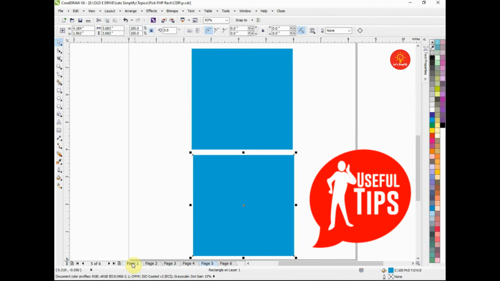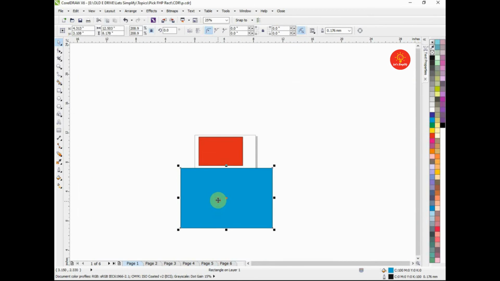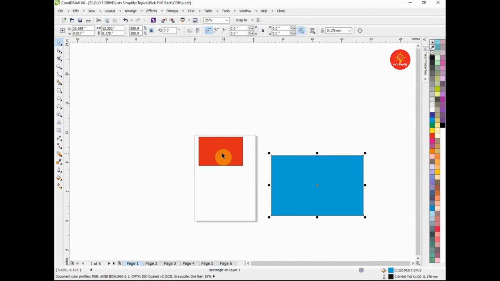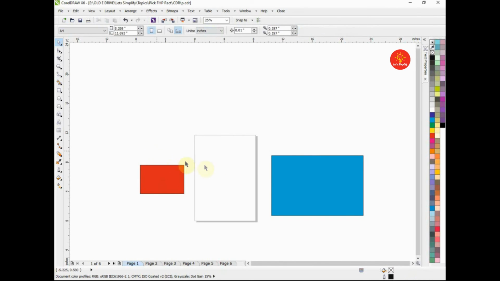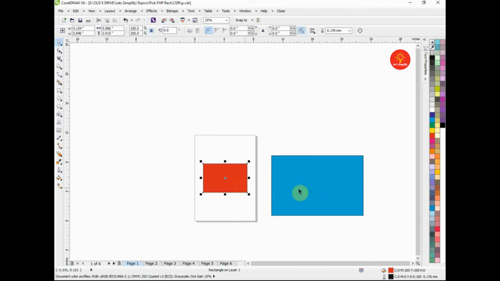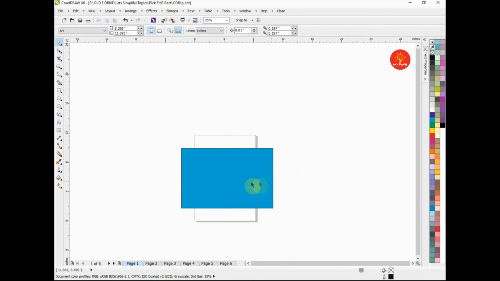The next step is so far the best step till now. If we have two objects, the first one in blue and the second one in red, the blue object over here is bigger than the red object. Now if we will place the blue object over the red object, then we can see the blue object is overlapping the red object. The red object is behind the blue object.